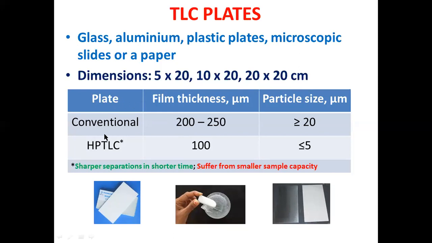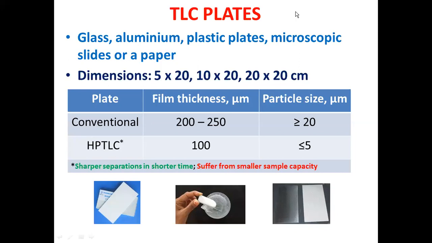So you should be aware of HPTLC. HPTLC is nothing but high performance thin layer chromatography or high pressure thin layer chromatography. Here, the principle is very simple. You know the principle of HPLC, where high pressure is employed to create the inlet and outlet pressure so that the mobile phase can be made to move faster. So the flow rate can be increased, and at a very high flow rate, the analysis time is reduced substantially. The same objective has been kept in order to develop the HPTLC technique.